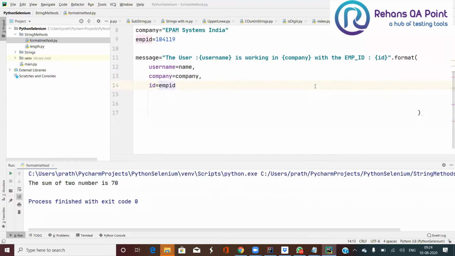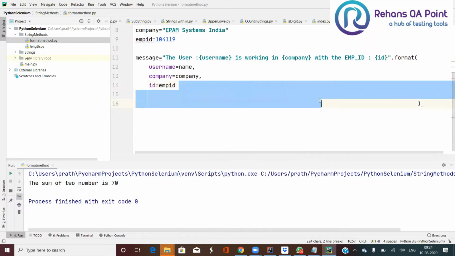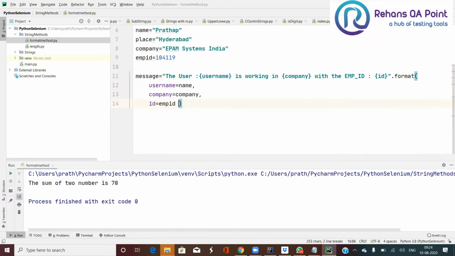Like this we can use string format, where we can have descriptiveness and readability. When we are trying to create long messages, my approach is going to be like this. The username is going to be replaced with the name, the company is going to be replaced with the company, and the id is going to be replaced with the emp id.